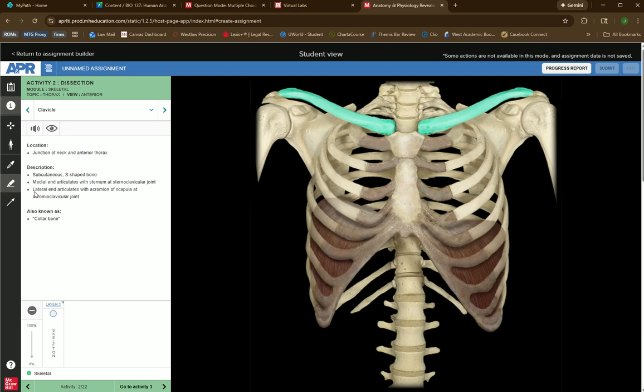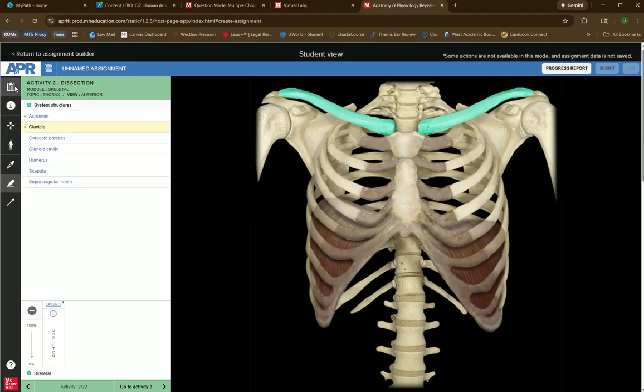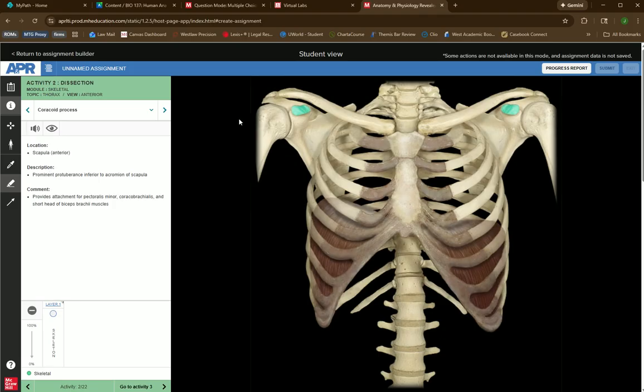Let's see. Medial end articulates with sternum at sternoclavicular joint. So I could ask a question like, which end articulates with the sternum at the sternoclavicular joint? And you would have to know. Or I could ask, let's see, let's look at the coracoid process, for example. Where is the coracoid process located? Scapula, okay. The following description, I could say prominent protuberance inferior to acromion of scapula is what? And then you would have to know that that's the